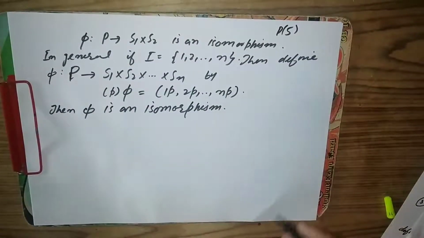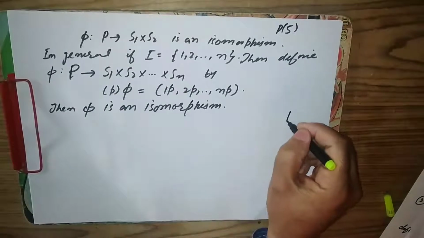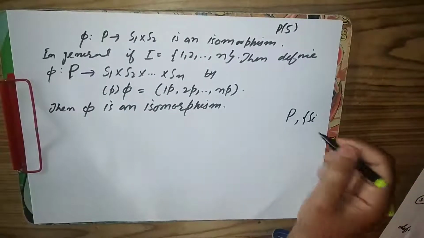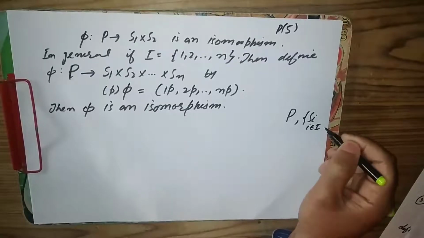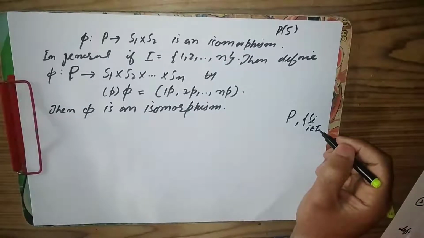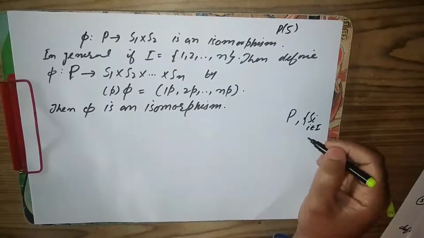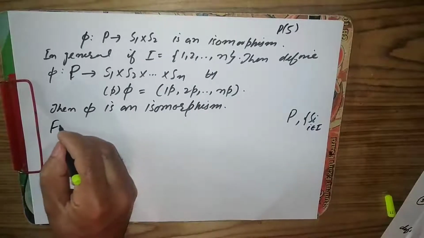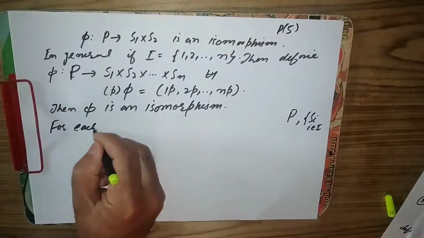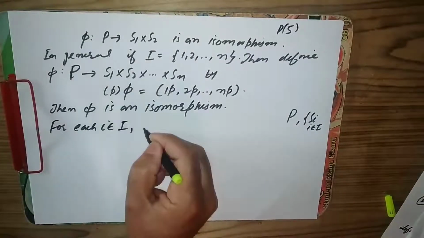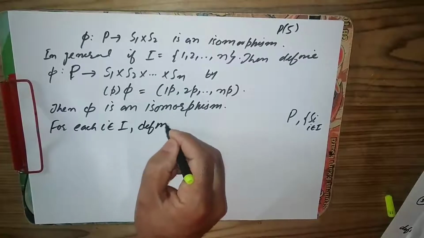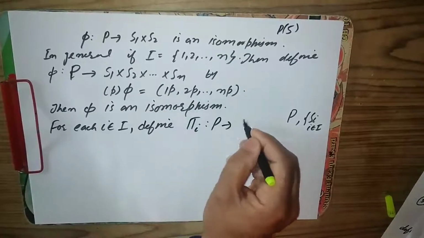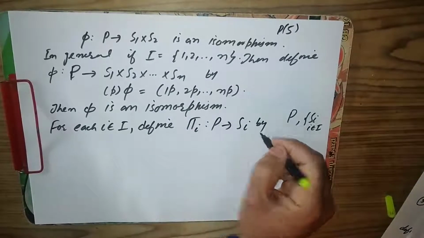So we have here the product P. We have a family of semigroups Si, where i is in the index set I. Now I can define a map that we call the projection map from P to Si. So for each i in I, define pi i from P to Si by